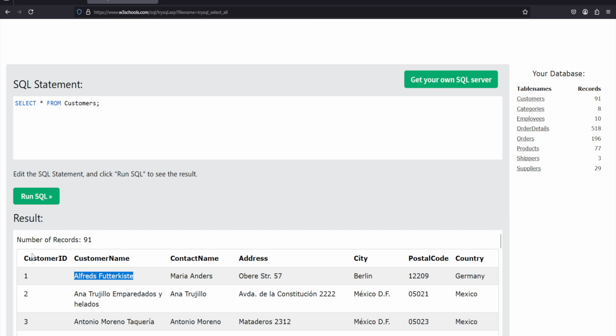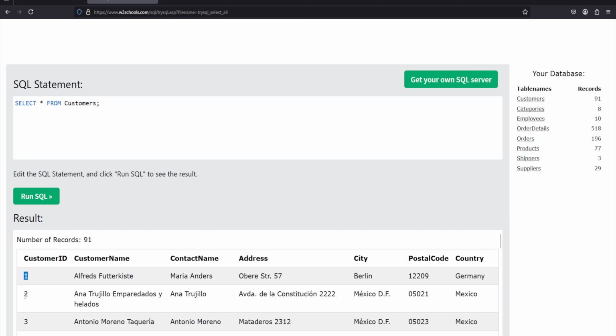So one customer has one particular ID. If another customer lives at the same address with a different name, they would have a different customer ID. So each customer has a unique ID, and this ID